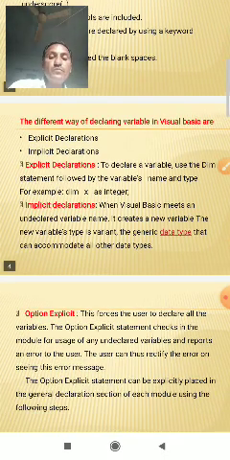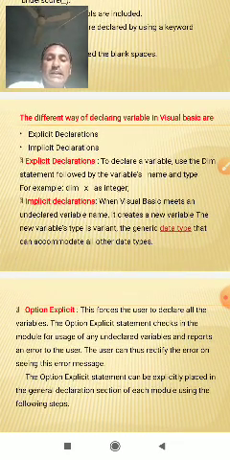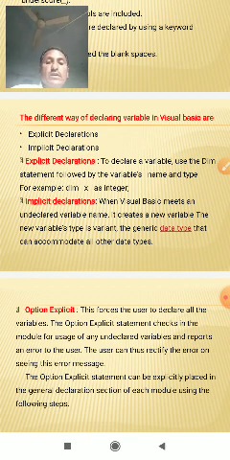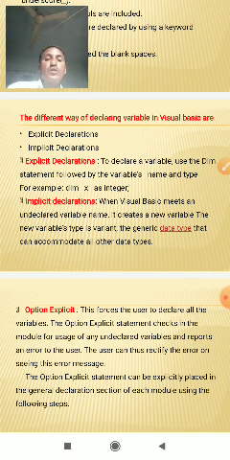Option Explicit forces the user to declare all variables. The Option Explicit statement checks the module for use of any undeclared variable and reports an error to the user.